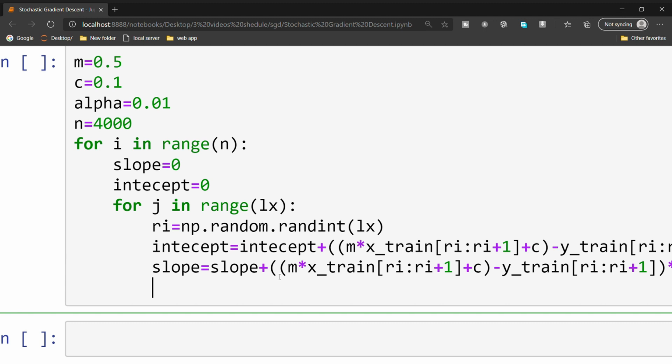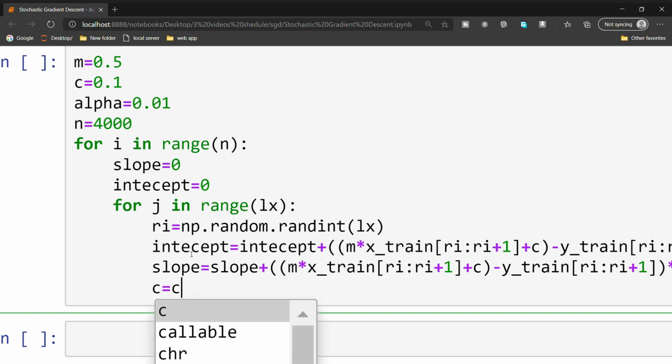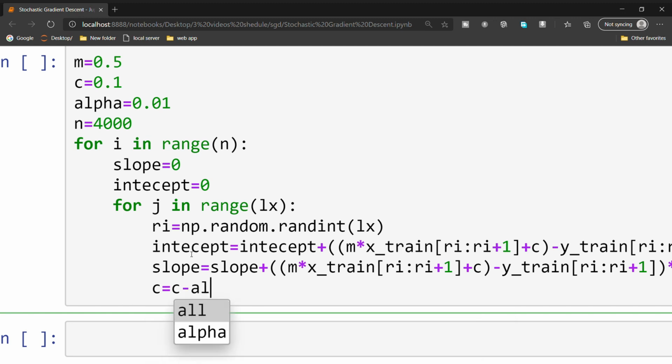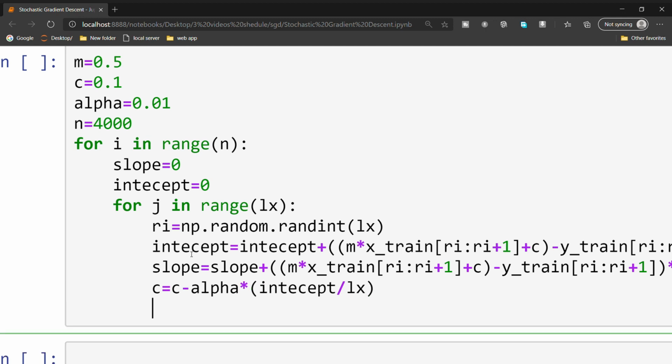So now we need to update the gradients. As we did in the gradient descent method, we updated in the first for loop, but now we need to update in the second for loop. That means we are going to update for each instance. So we calculate c equal to c minus alpha into intercept divided by lx.